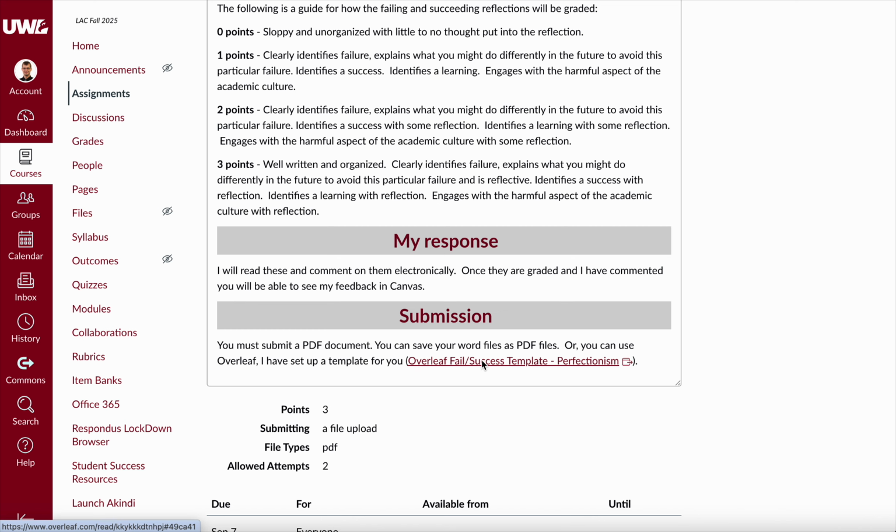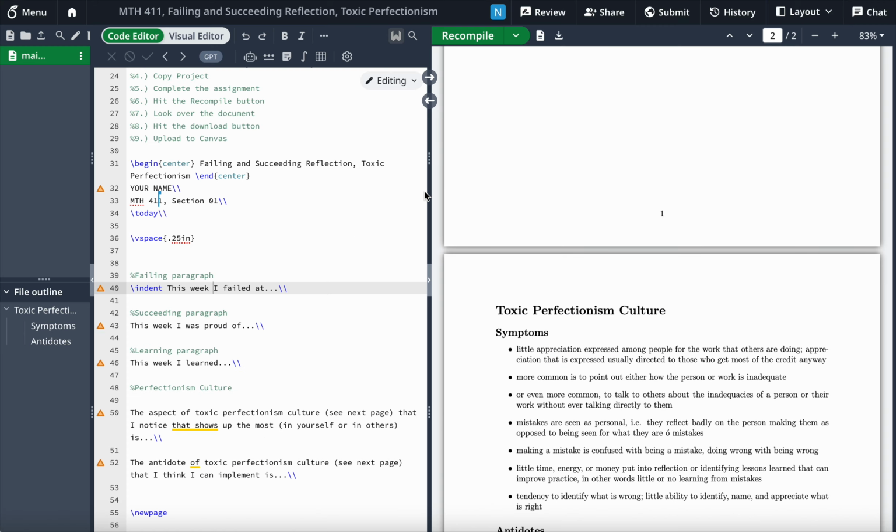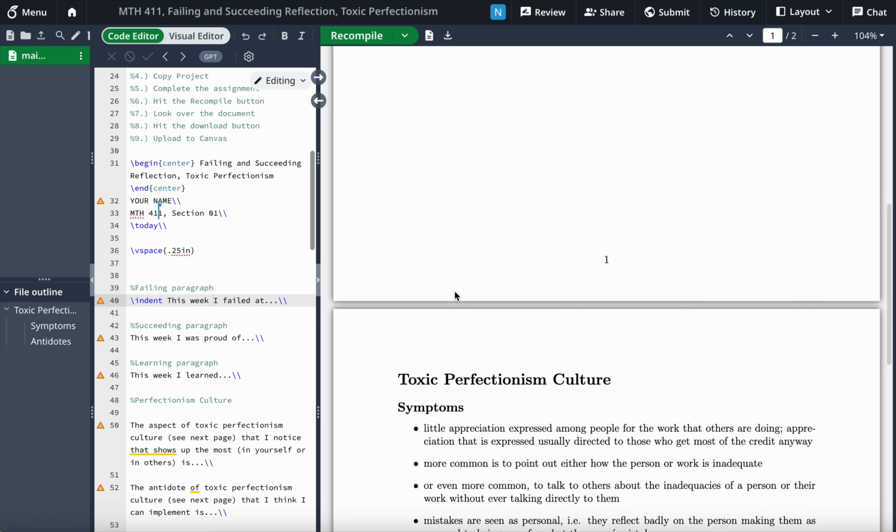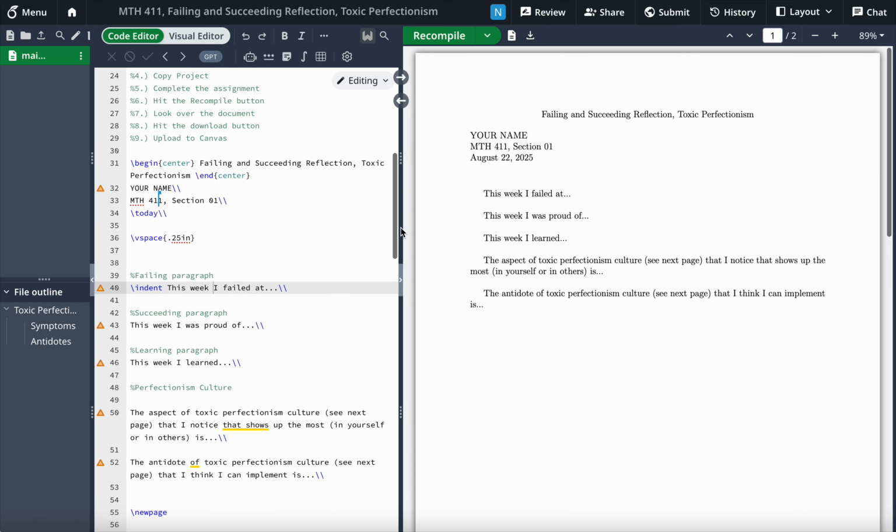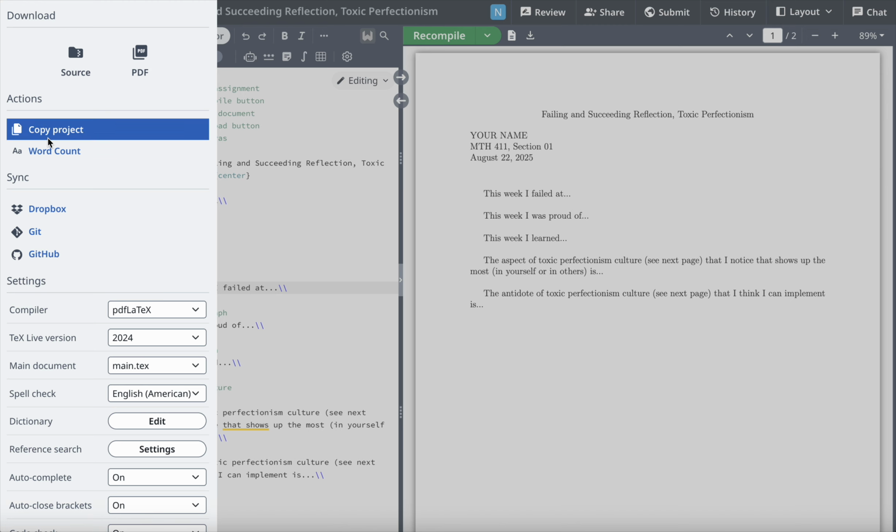I use Overleaf a lot, so I have lots of Overleaf templates. If you don't have an Overleaf account, you should make one. But here is what the template looks like. Once you go here, note you should go to the menu and then click on Copy Project, and then you can start